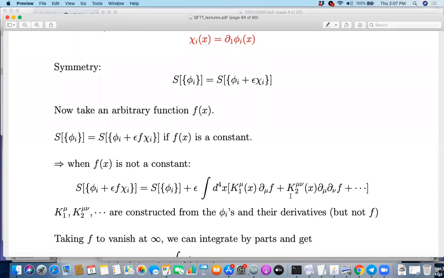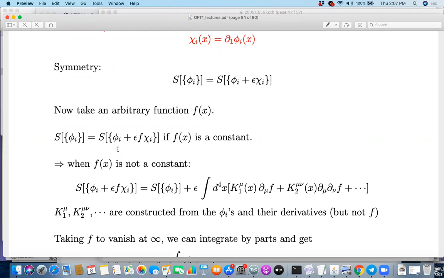We are simply saying that we write down the most general term that involves f, but it shouldn't involve more than one power of f, because it comes with epsilon. If you multiply epsilon by a constant and f by the inverse constant, this should be unchanged, because that's what we see from here. This is the starting point: epsilon and f appear in this combination. So this is the most general term that you can write down. The only other term you could have written down is f times some k of x, but that doesn't appear, because then for f equal to a constant, that term will not vanish.